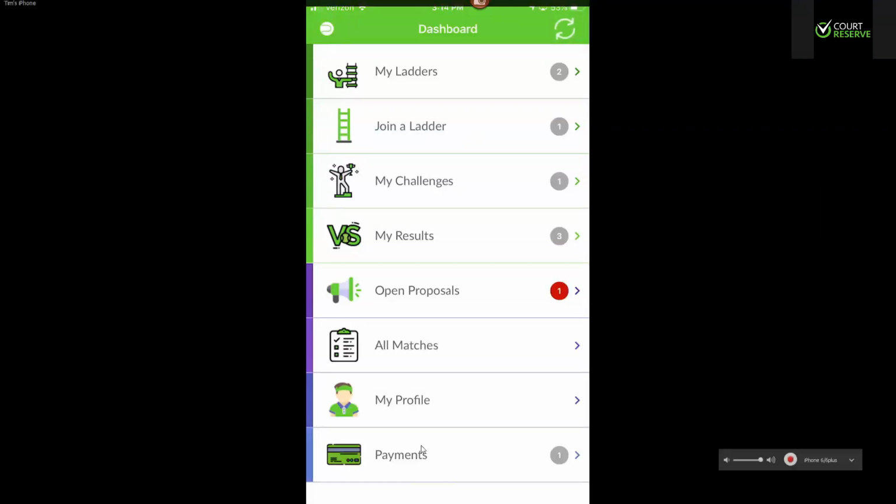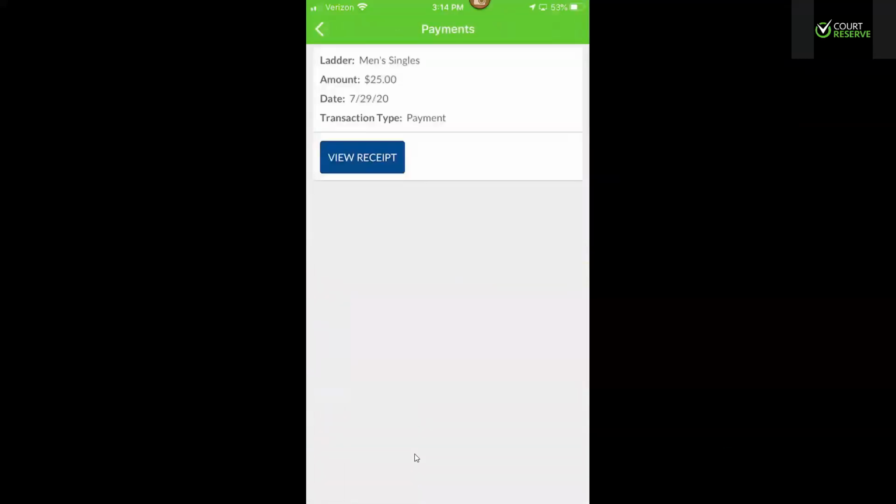Now notice down here at the bottom, you see payments. So what I can do now as a player is I can actually see all of my payments that I've made and for what ladder I made them for. This is good to show because if they're signing up for multiple ladders and they're like, man, did I sign up for this one? All of their receipts and all of the payments they make through your Tennisrungs account,